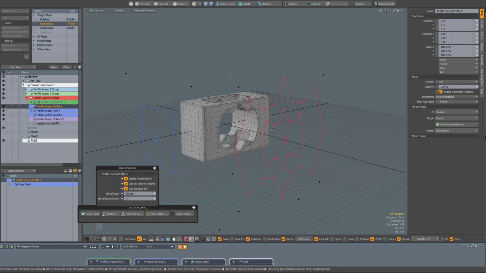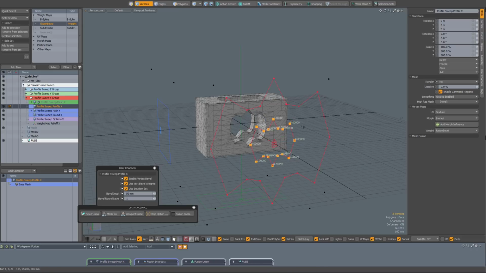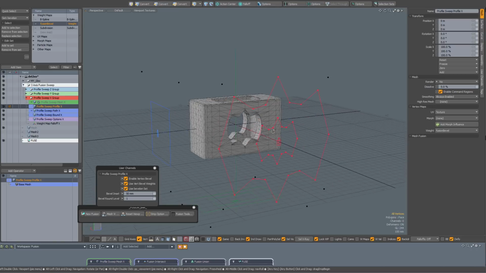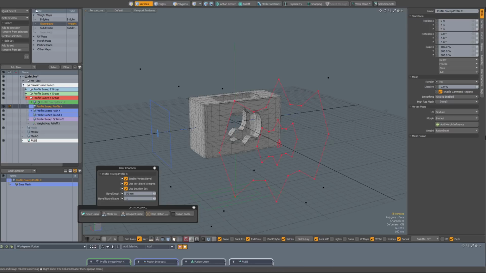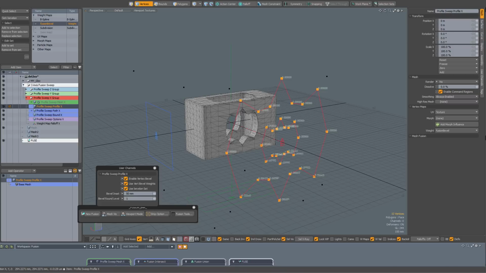So I'm going to select that one, scale it down a bit, just like that. I'm going to check if any of these vertices belong to my selection set, and I think they do not. No, so when I do a quick select, nothing has been selected in my viewport, so they do not belong to the set. So if I double click everything, and I'm going to save again, so add to set,